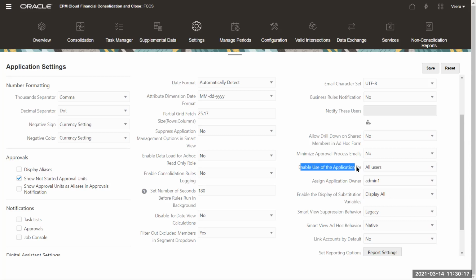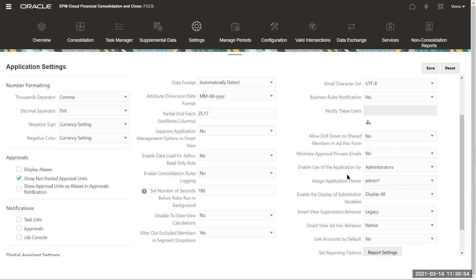Here is one more important thing, because people usually forget. When you create an application or change certain things like metadata, the system sometimes forgets to change this from administrators to all users. When you refresh a database, you don't want all users to be logged in. You would like to ensure the system is up and running before you enable users to start logging in. So this setting will help you control that at a single place.